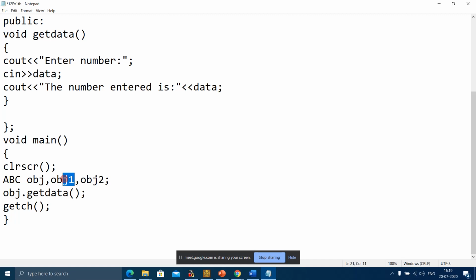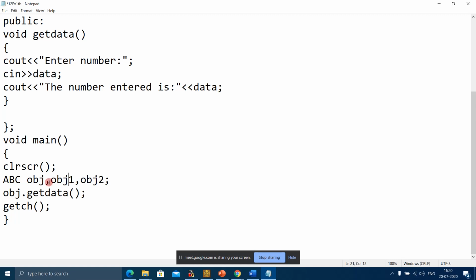Is there any doubt till now? All these things will be clear to you when we see multiple examples of C++. For obj1 and obj2, do we have to add more public and private data? No, they have their own.